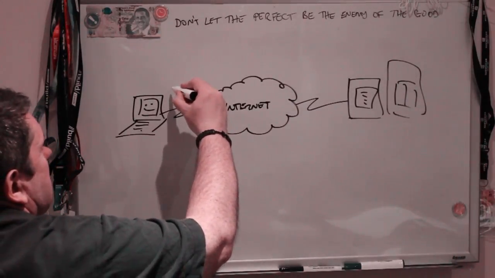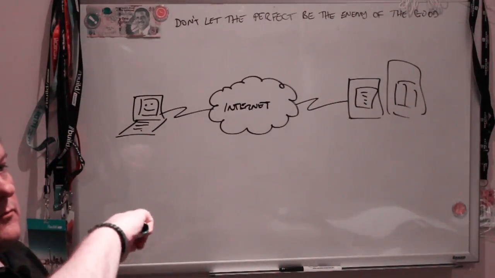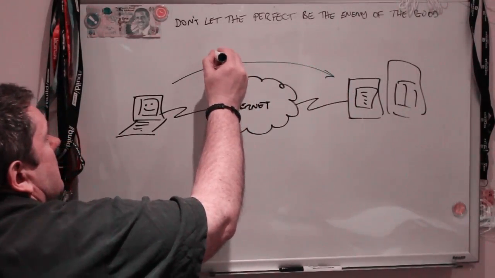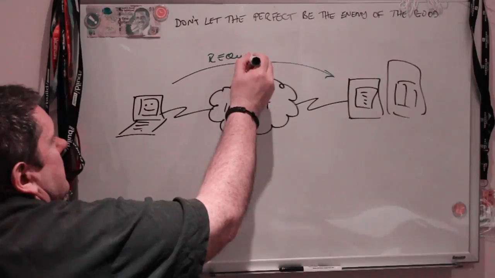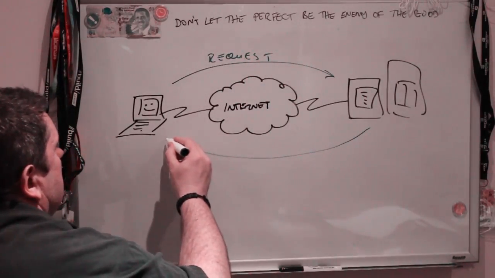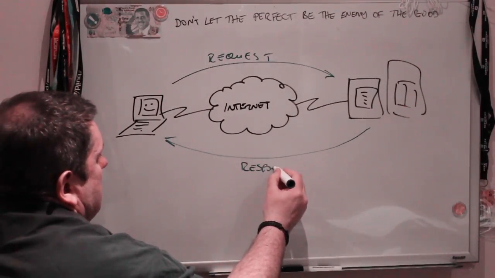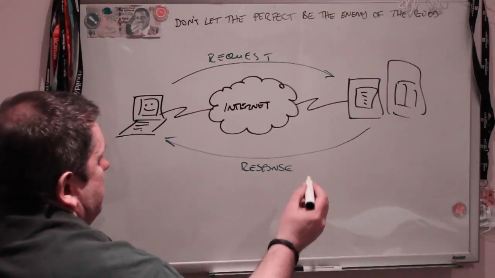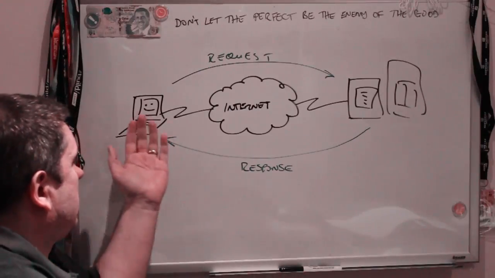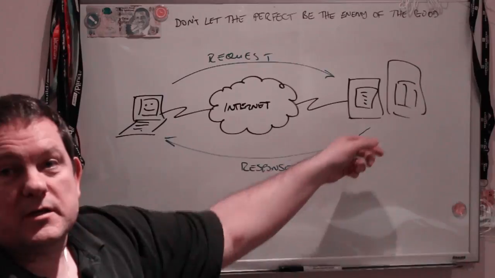You have a client, in the form of a client. The client sends what's called a request. And the server in turn sends back what's called a response. And this is how servers and clients work. They have a client over here, sends a request over to the server, and then the server sends a response